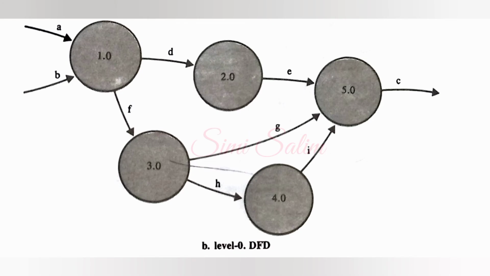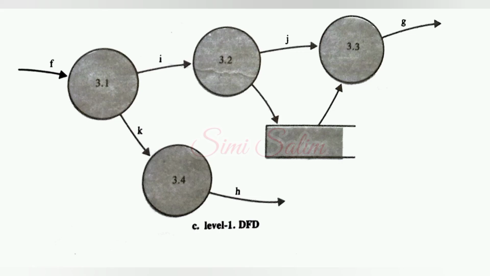The initial data flow diagram that is drawn within the boundaries established by the context diagram is called a level 0 DFD. It is a graphic picture of the major system data flows and the processes that transform them. This figure shows a level 0 DFD. This figure shows a level 1 DFD that is the result of a partial decomposition of the level 0 DFD.